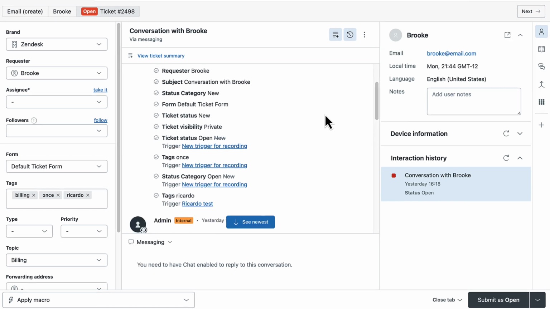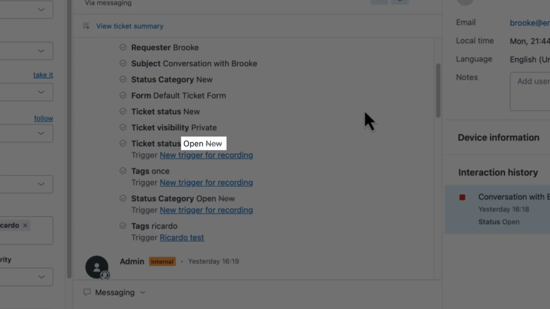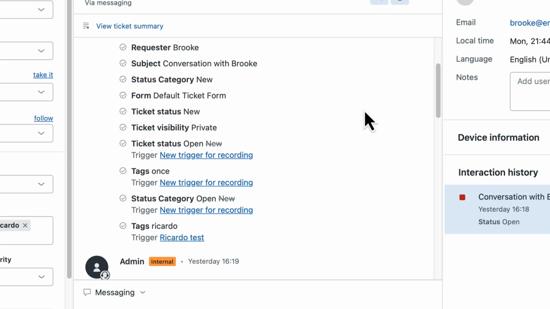If a ticket status or ticket field's value was changed, the new value appears along with the crossed-out previous value. The events also tell which triggers, automations, SLA, policies, routing, and email communications acted on the ticket. For instance, if you want to see why a trigger fired on a ticket, you can click the title of the trigger and analyze its conditions.